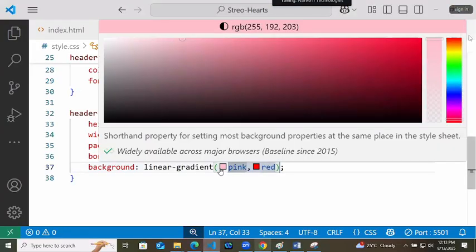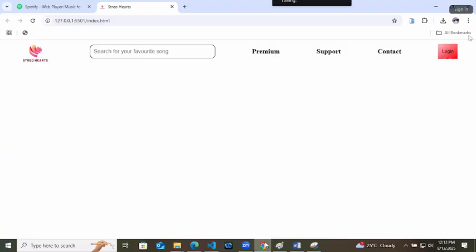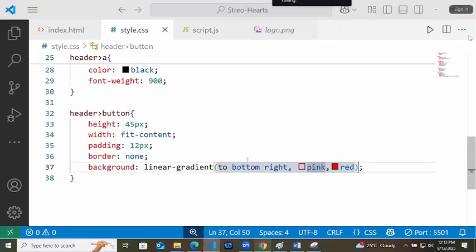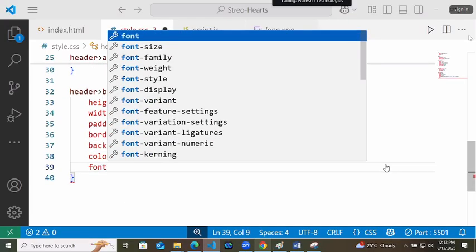You can give its direction to bottom right. Text color white. Font size 20 pixel.